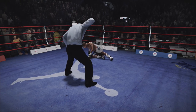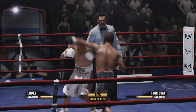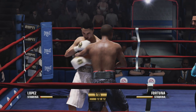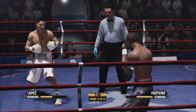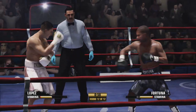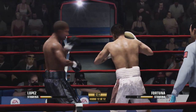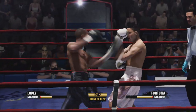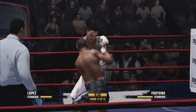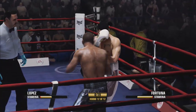2, 3, 4, 5, 6, 7, 8, 9. Down he goes, but he's going to continue on, beating the count. Use the jab. Now hugging on the inside. Let's see some more head movement. Nice block. Oh, you're doing great. Able to cover up along the belt line, blocks that one. Pace yourself. Mix it up, mix it up. Combo,